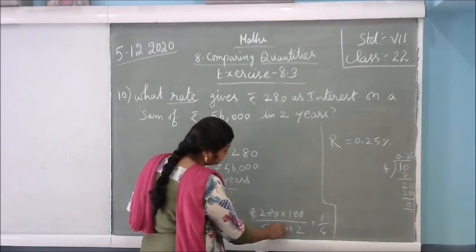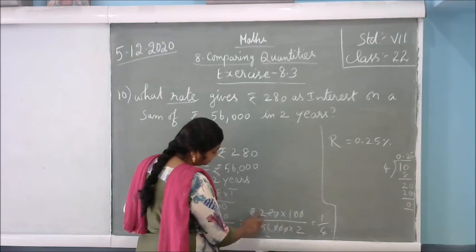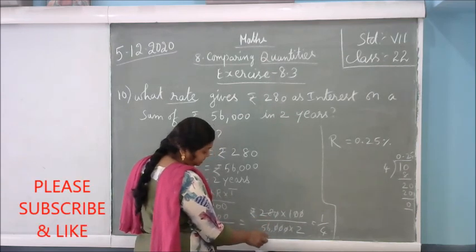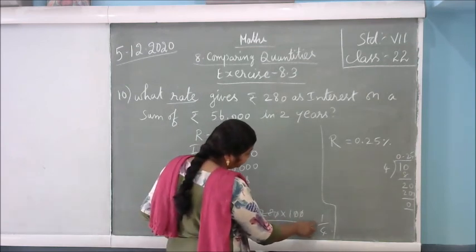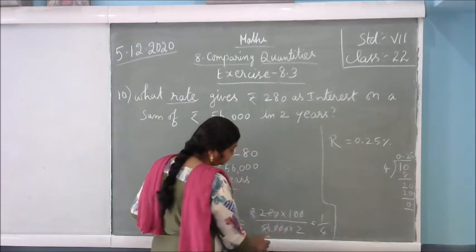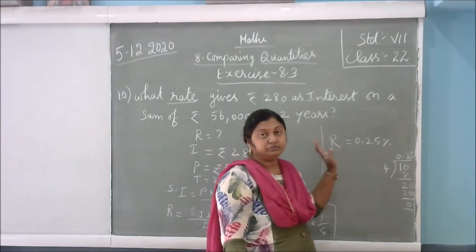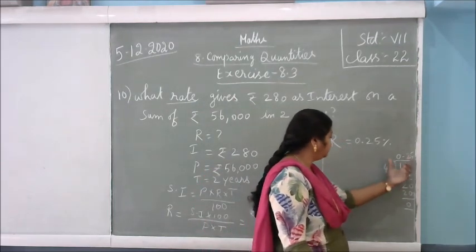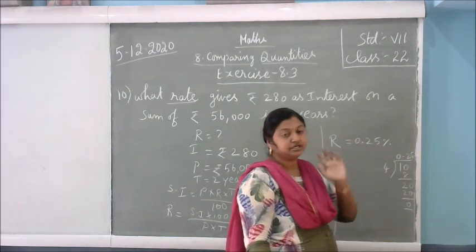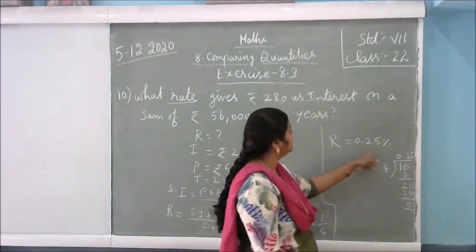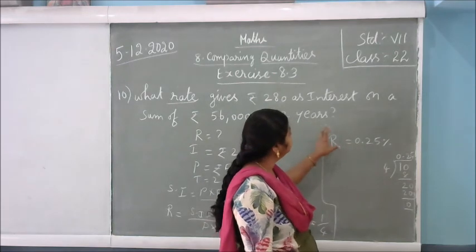If you cut these 3 zeros, okay, so 28 twos are 56. That's why I cut it directly in the 28 table. And after that, at last you will get the answer 1 divided by 2 twos are 2. 1 divided by 4, because rate will come in percentage. If you divide 1 by 4, you will get 0.25. So 0.25 is your answer, and you have to use the percentage symbol because rate is always in percentage. Okay, rate is 0.25%.